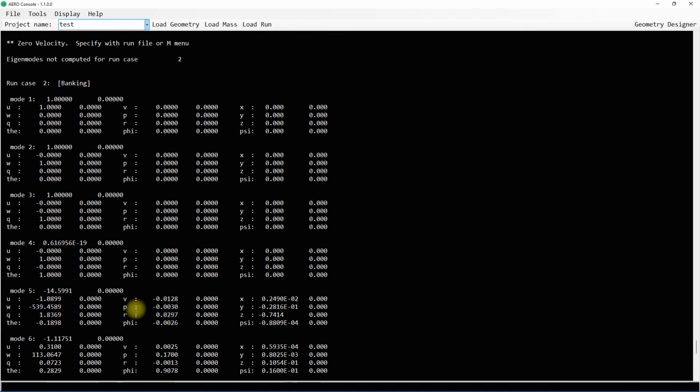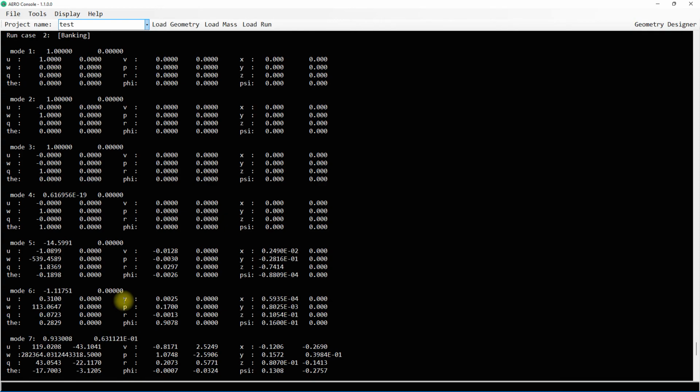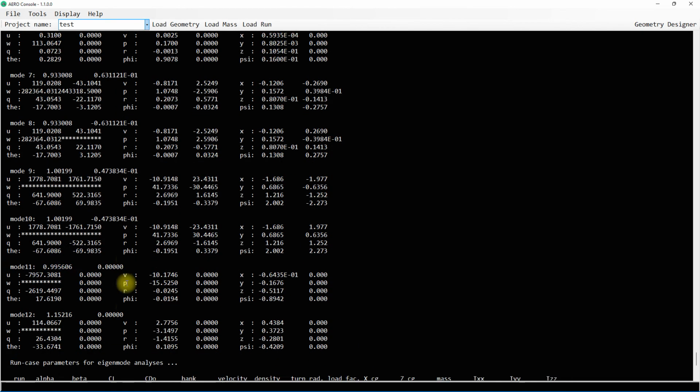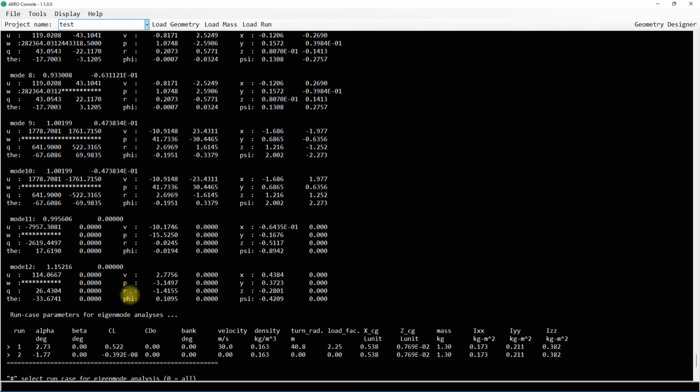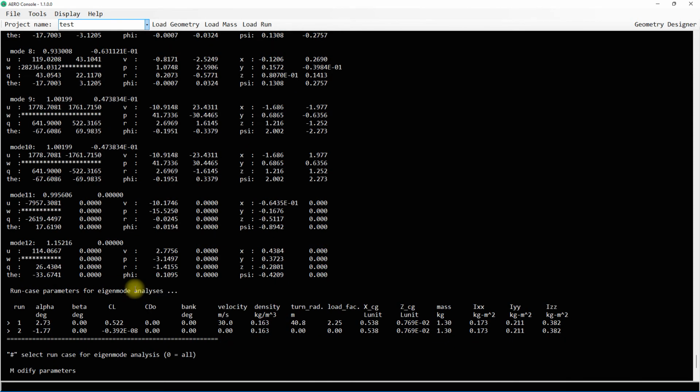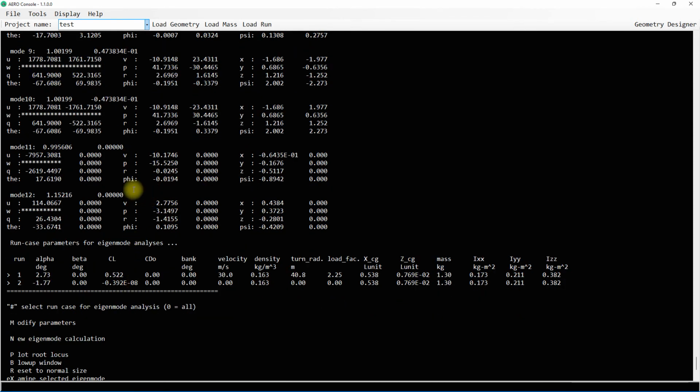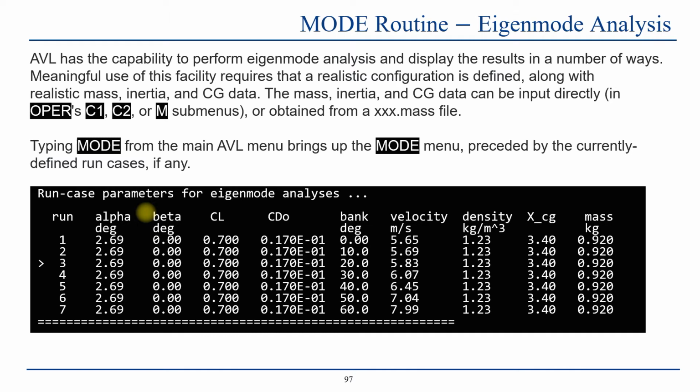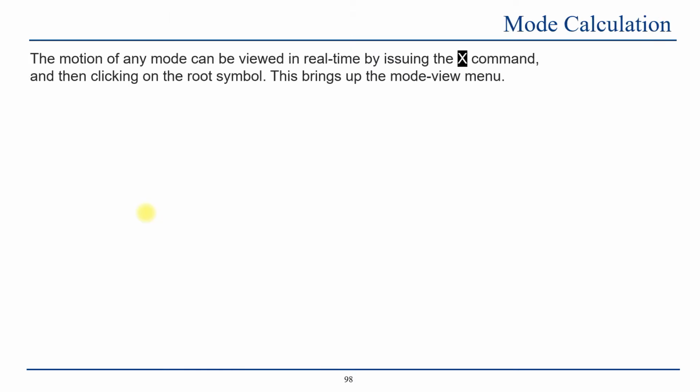And we have two run cases, and for each case we have all the information for all the 12 modes for the aircraft. Now, how is this information related? If we go back to the slides,